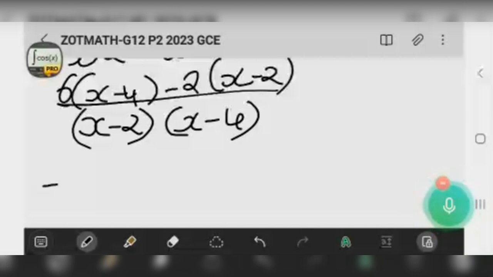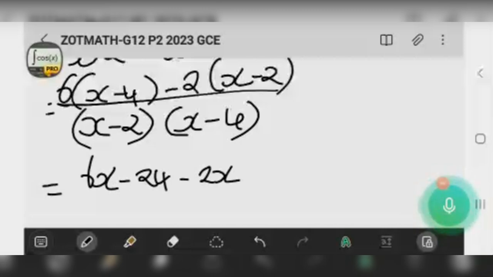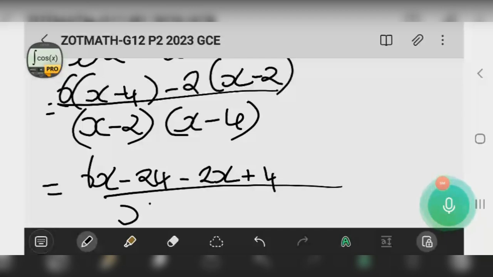6 multiplied by x is 6x. 6 multiplied by negative 4 is negative 24. On the other side, negative 2 multiplied by x is negative 2x. Then negative 2 multiplied by negative 2, what are we getting? It should be positive 4. All right, good. Then we just bring our terms the way they are, x minus 4, just like that,